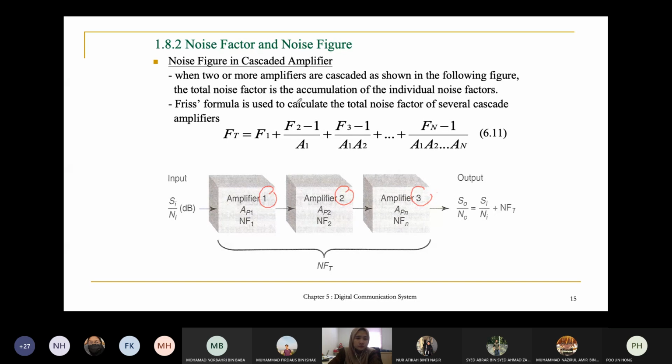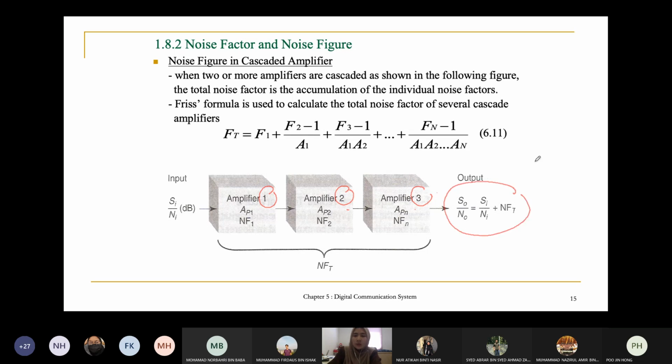Amplifier 1 has AP1, AP2 and AP3, which is the power gain. This is the input, this is the output. So for example, if the question asks you to calculate for the output, for the cascaded amplifier, you